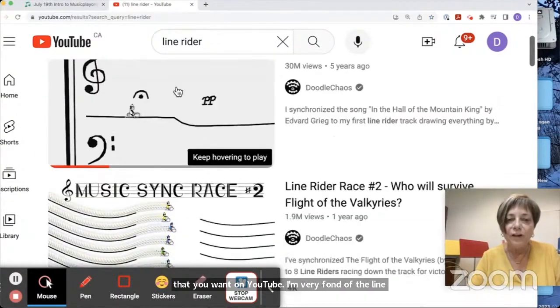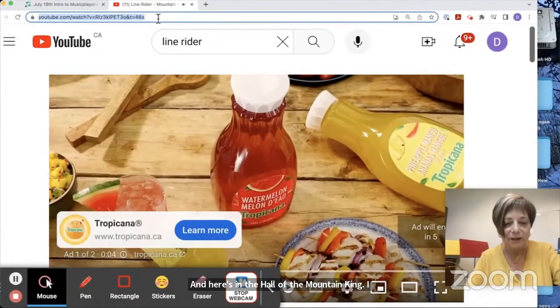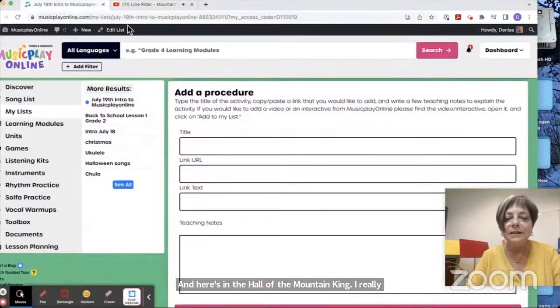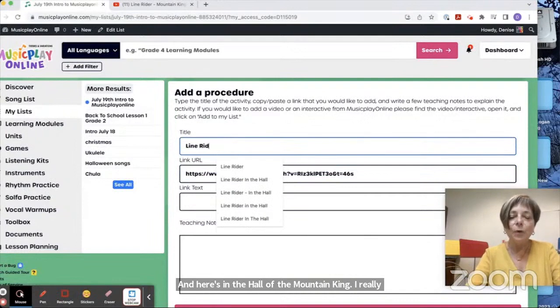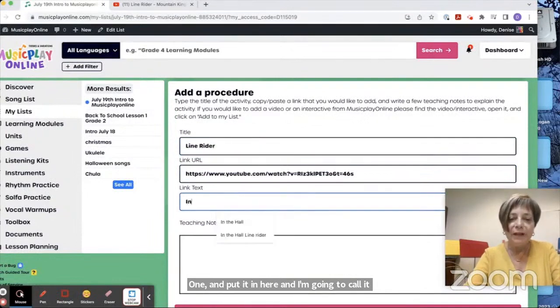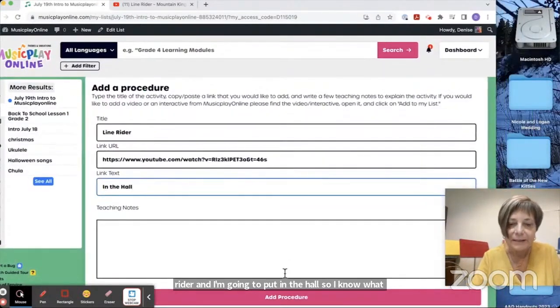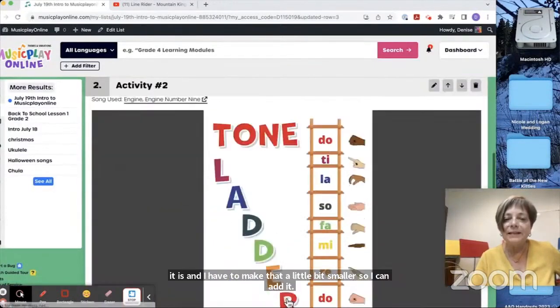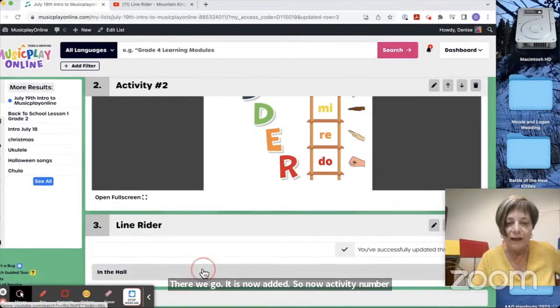And here's In the Hall of the Mountain King. I really like the URL and put it in here, and I'm going to call it Line Rider, and I'm going to put In the Hall so I know what it is, and I have to make that a wee bit smaller so I can add it. There we go. It is now added. So now activity number 3 is Line Rider in the Hall, and if I click on here, I go right to the activity,